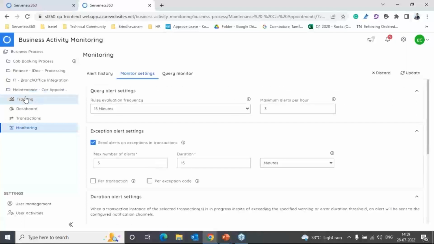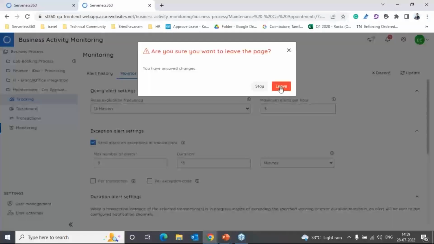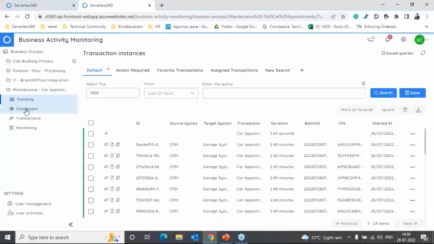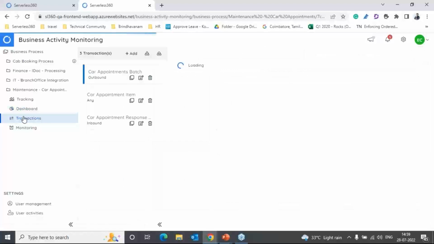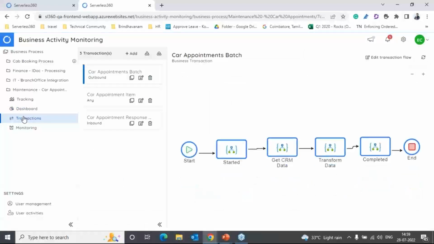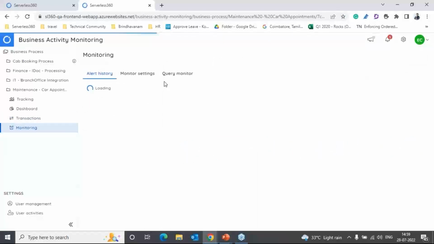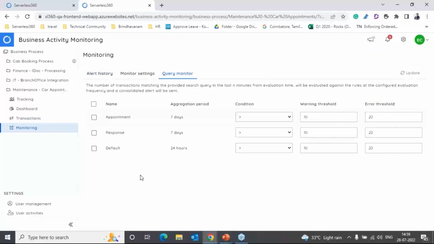So this business activity monitoring is going to help me track the information and visualize the tracked information as a dashboard to drive decision making. Transactions can be customized to capture various key properties that are flowing through the stages as messages, and you can monitor this entire tracked information to detect any exceptions or track any long running transactions, or even query based monitoring can also be achieved with the help of